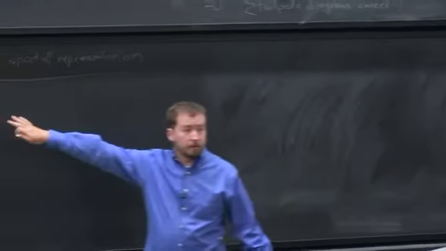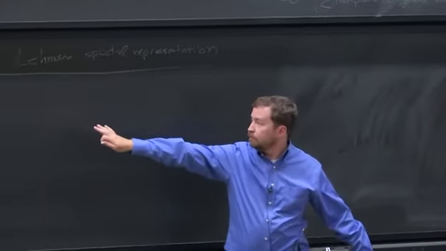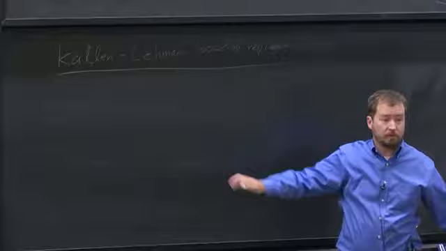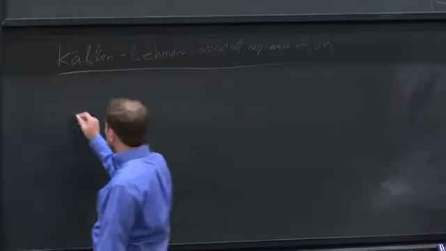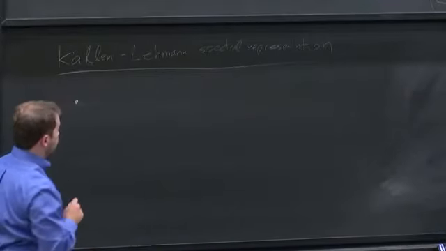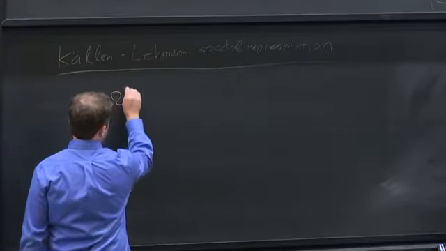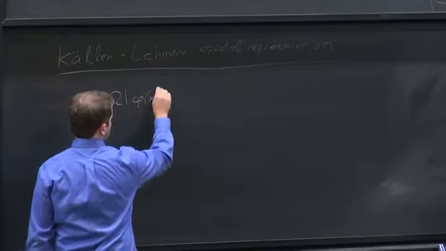And this is an exact result, and it relies on a few assumptions. So to derive this result, we need to assume, at least in the form I'll present it to you,